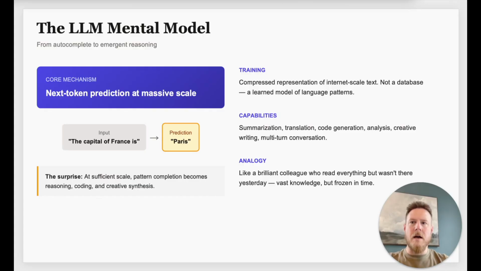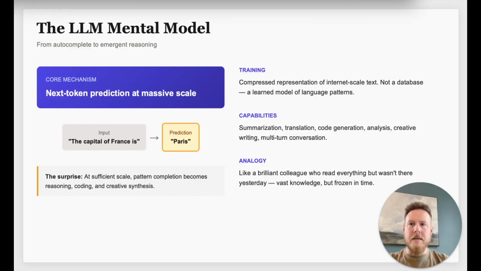That sounds simple, but there's a surprise. At sufficient scale, with hundreds of billions of parameters trained onto these models, this pattern completion of essentially just predicting the next token or the next word or the next phrase starts to look like advanced reasoning and can lead to code completion, which is where we have the advent of coding agents being powered by large language models and foundation models, and also creative synthesis, such as some of the generative and diffusion models powering things like Sora or image creation or Nano Banana by Google Gemini.